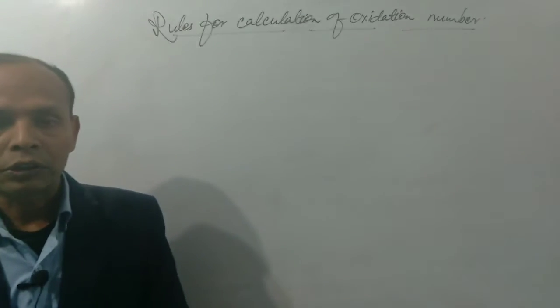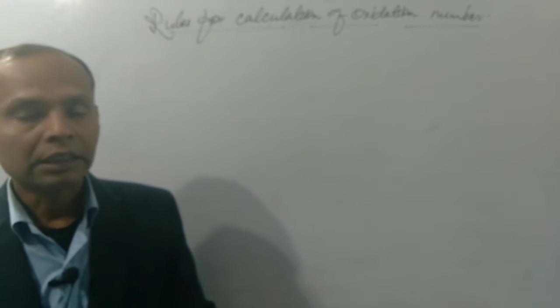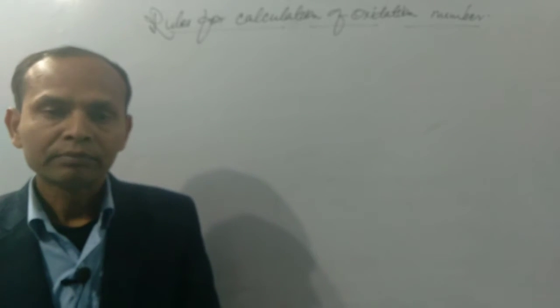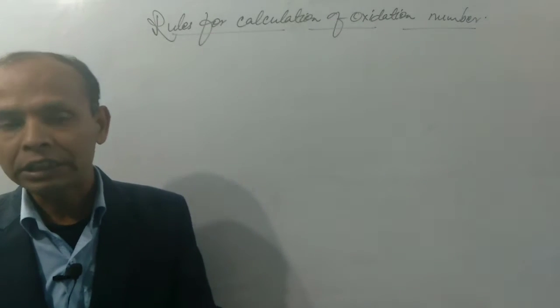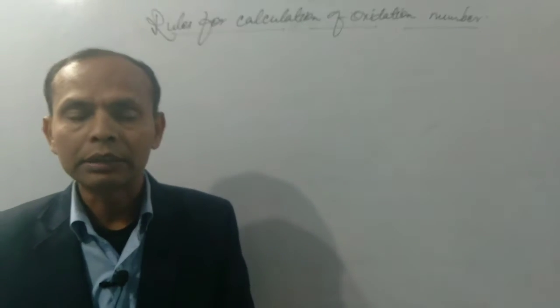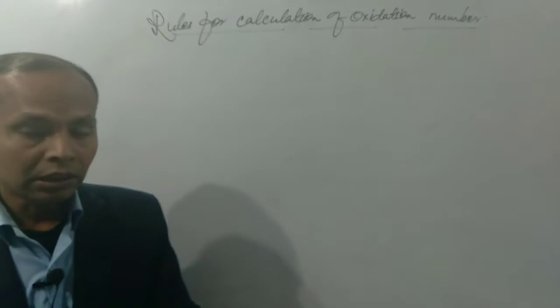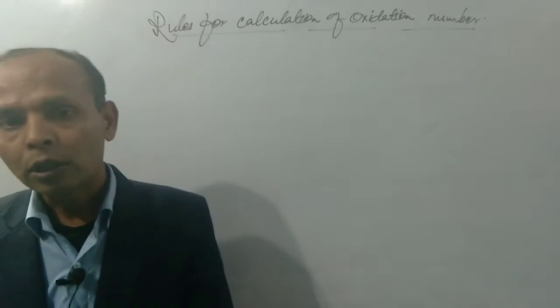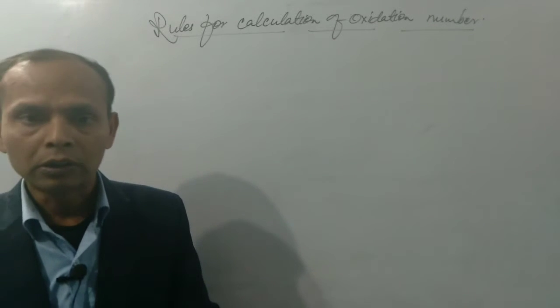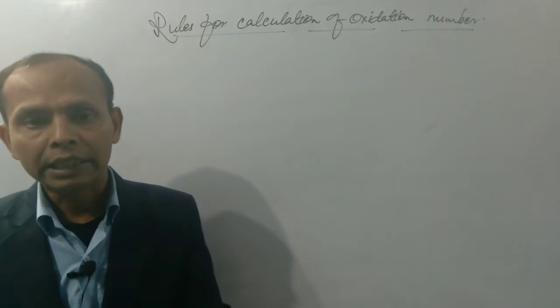First, we have to discuss what oxidation number is. The oxidation number or oxidation state of any element is the charge. It is just like a charge which shows the level of oxidation and reduction in any oxidation reduction reaction. This is the definition of the oxidation state of any element. There are a large number of rules for calculation of the oxidation state or oxidation number of different elements in